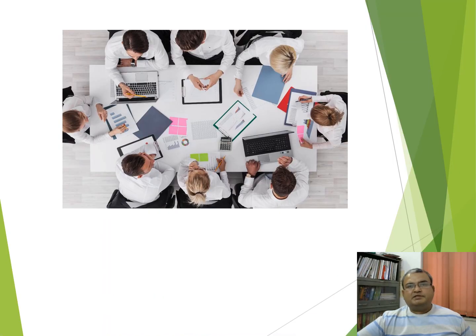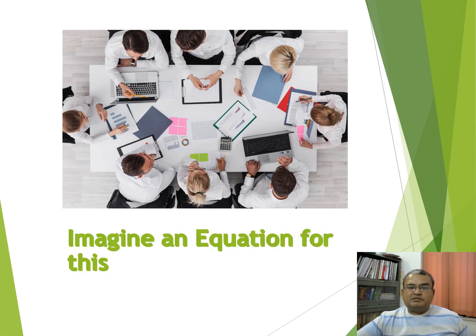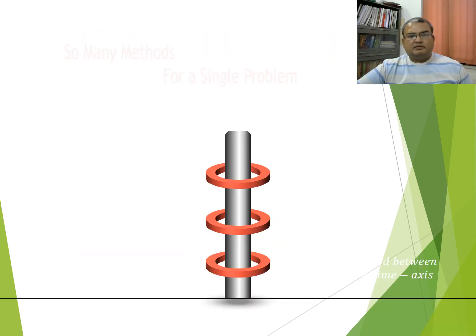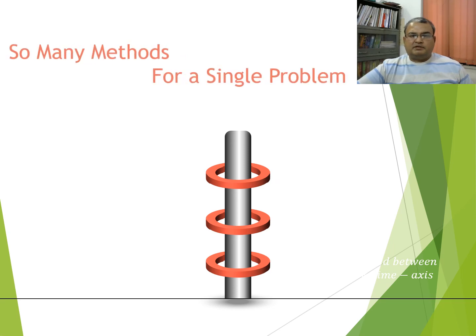Just assume there is a class of physics students and everybody is trying to solve the same problem. What happens? Different students think about different equations of motion, isn't it? Imagine an equation for this problem. So many methods for a simple problem. Different students are thinking about different equations, such as